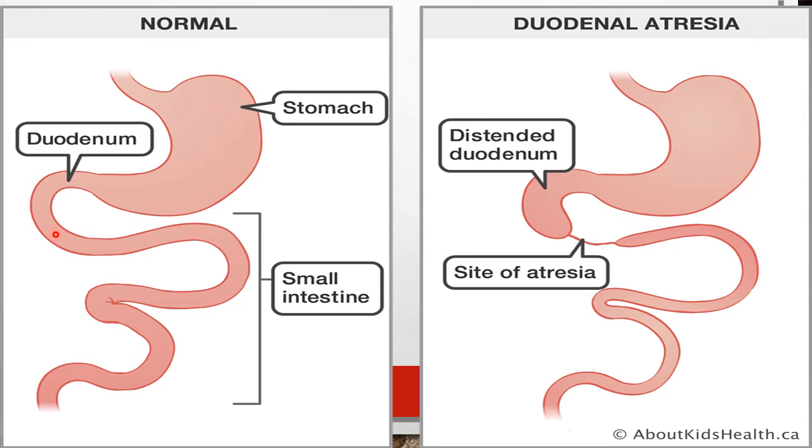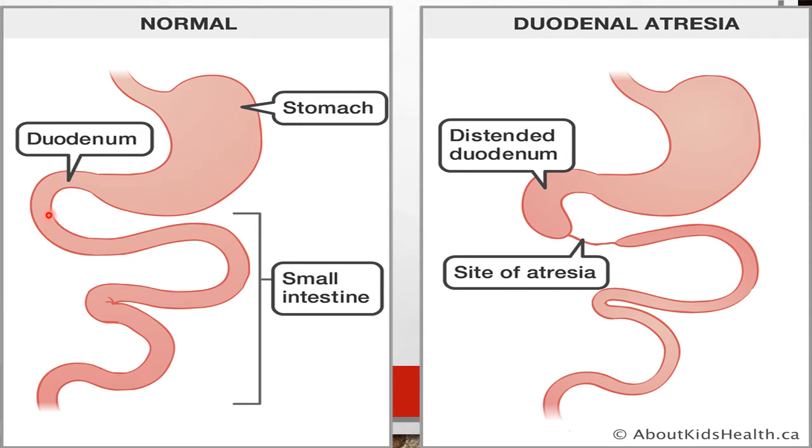to the right quadrant of the abdominal cavity. And as you have seen in all the tubal structures, there is epithelial proliferation leading to obliteration of the lumen, and then later there is recanalization. Same in the duodenum. After 5 to 6 weeks, there is rapid proliferation of the endodermal or epithelial cells, which obliterates the lumen of the duodenum.